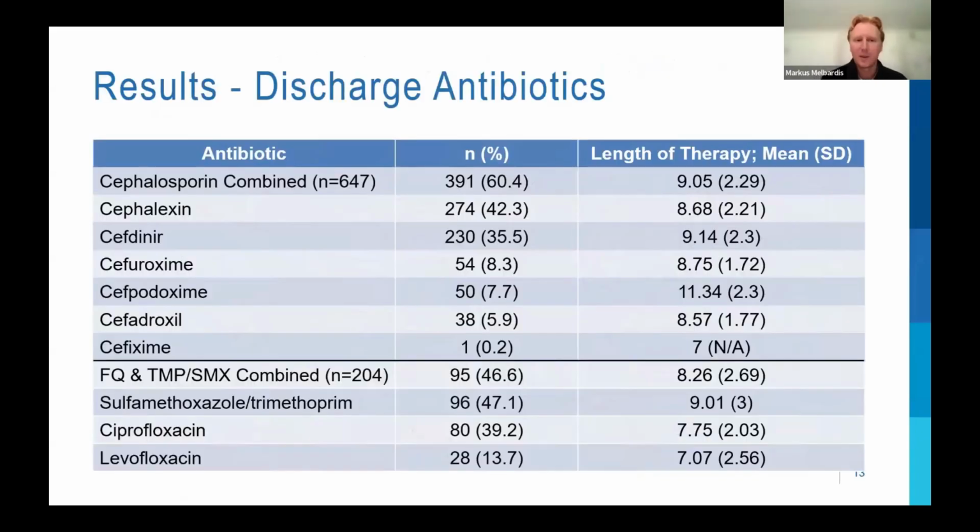Discharge antibiotics, unsurprisingly, the most commonly prescribed antibiotic was cephalexin or Keflex at 42%, with cefdinir being the second most common cephalosporin prescribed at 35.5%, and then a much lower number with cefuroxime, cefpodoxime, ceftriaxone. In the fluoroquinolones and Bactrim group, Bactrim was the most prescribed at 47%, followed by ciprofloxacin and levofloxacin at 39